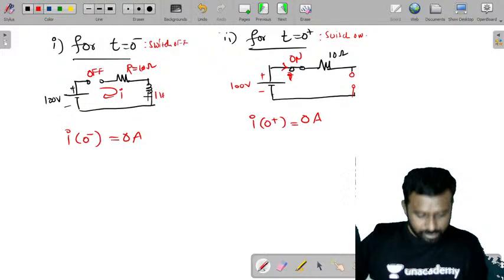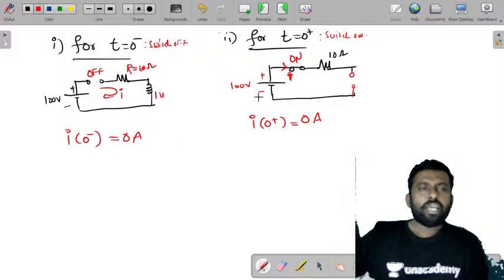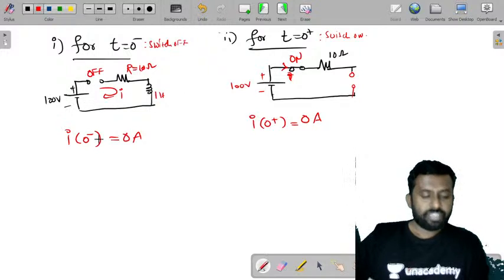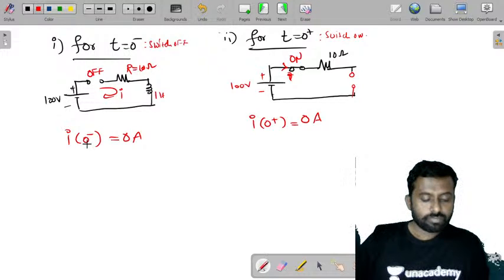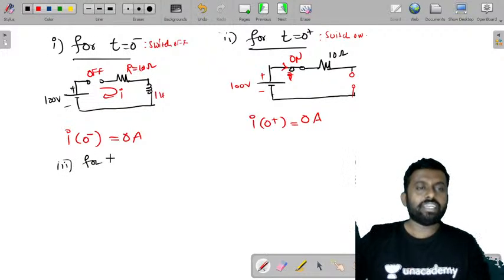Now when the switch is off or when the switch is on, the current is 0 amperes. So the inductor does not allow sudden change of current. Now when suddenly the inductor acts as an open circuit. Now after some time, if you consider t greater than 0, now the inductor